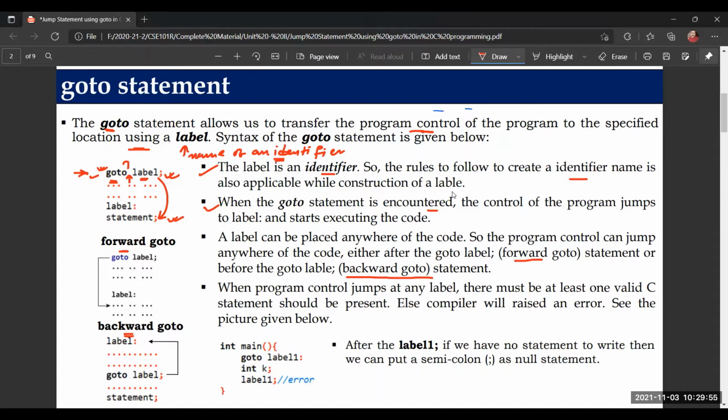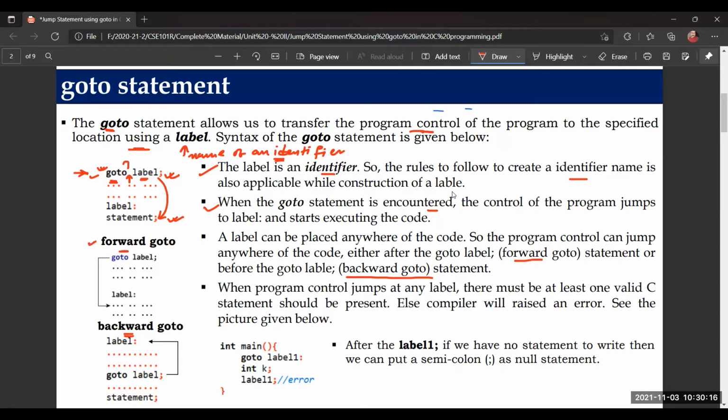Should I go in the forward direction or the backward direction? If you tell me to go to the market, I do not know where the market is, so I'll ask whether I should go left or right. Similarly in computer programming, whenever we use goto, it can jump in the forward direction, and it can jump in the backward direction as well.